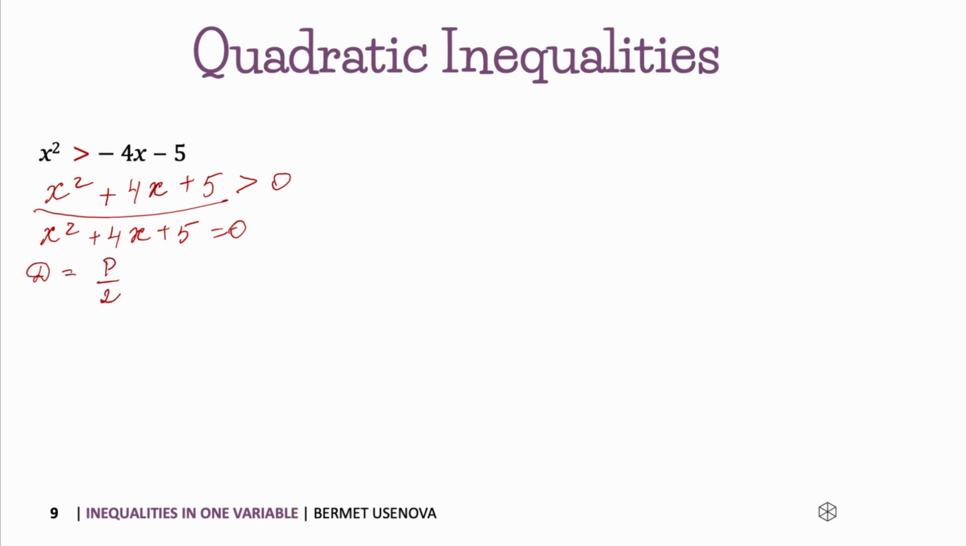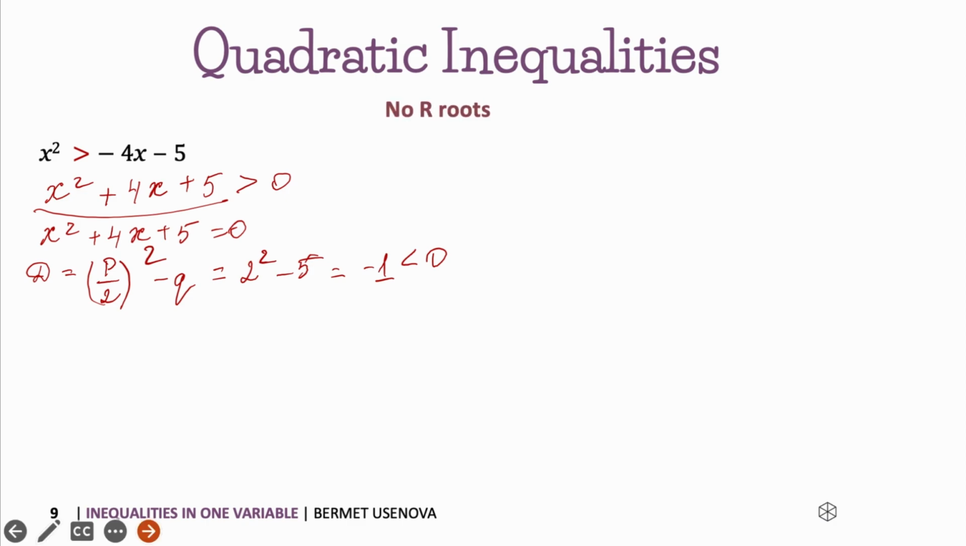It's p divided by 2 squared minus q, which is equal to 2 squared minus 5, which gives us minus 1, and it's smaller than 0. So the discriminant is negative, which means this quadratic term has no roots. As you remember from the previous chapter, a quadratic equation can have no roots, one or two roots. We will have a look at all three of these examples, and we'll start with the example when we have no